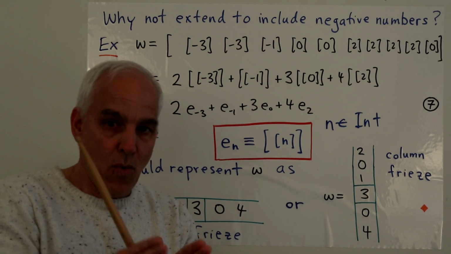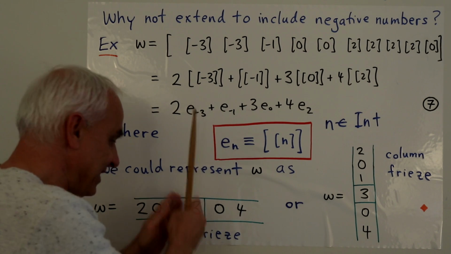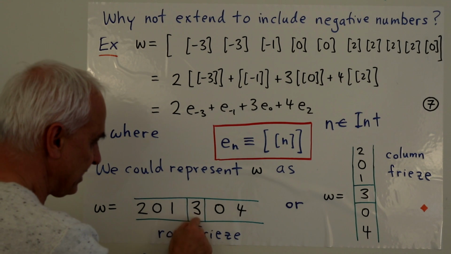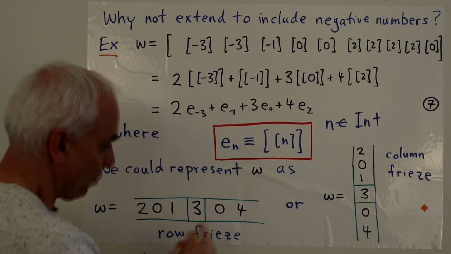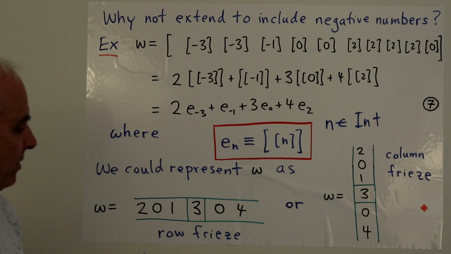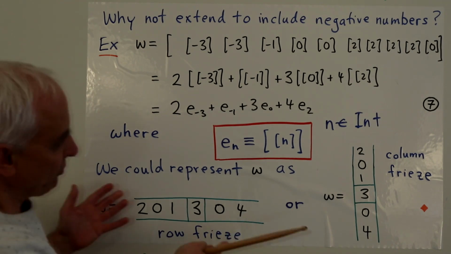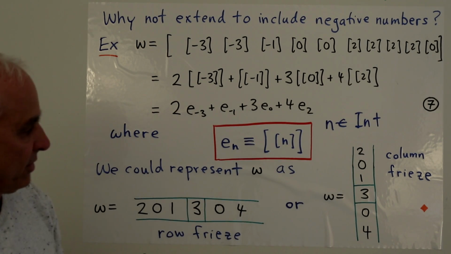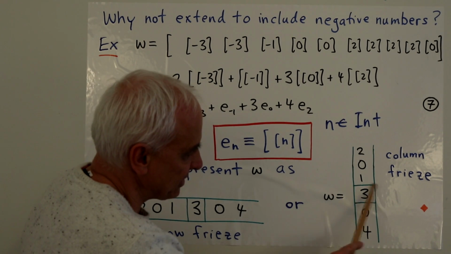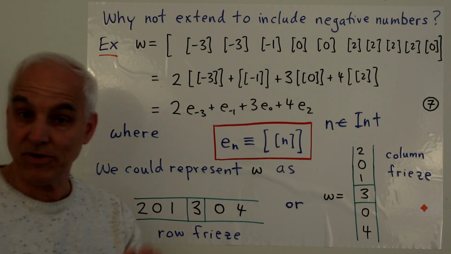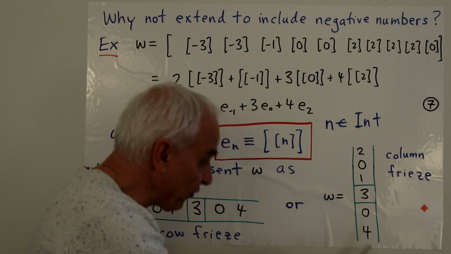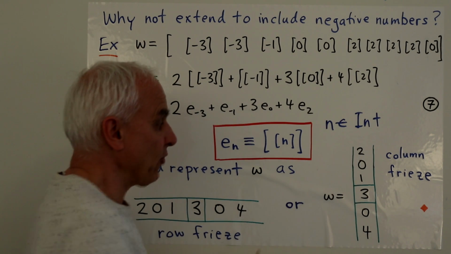So in order to know where things are, we're going to position the central location very visibly. So this band, that's the 0 label, and that's the 1 index, the 2 index, the -1 index, the -2 index, the -3 index, and so on. And if we wanted to represent it vertically, we can just do it this way. There's the column frieze corresponding. We still have this distinguished place that represents the 0 index. And now we have increasing labels going down here and decreasing labels going up here.